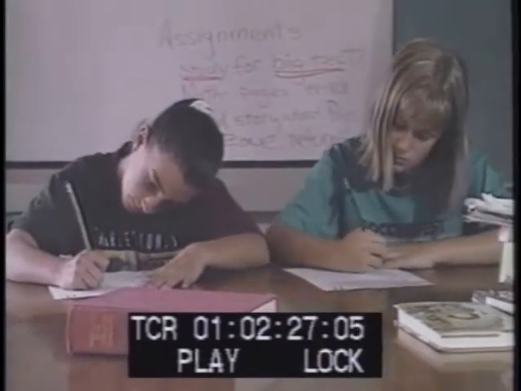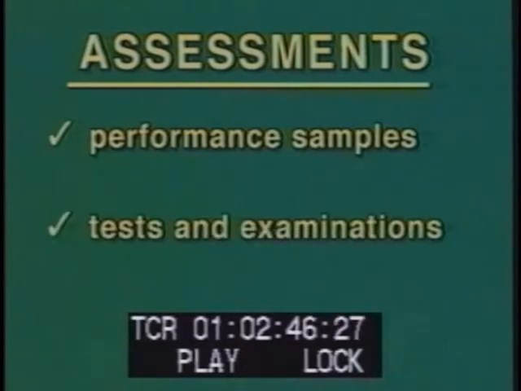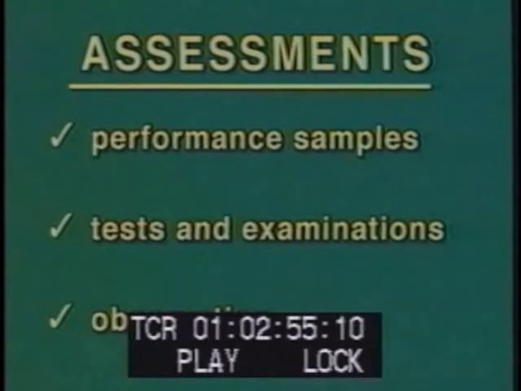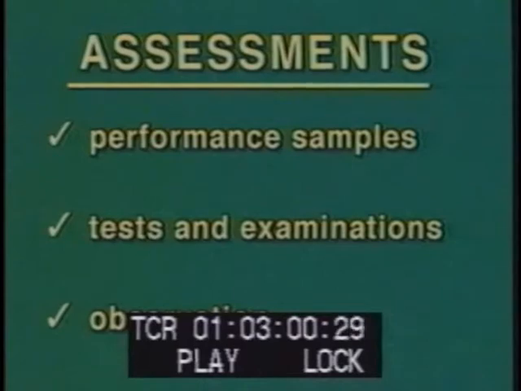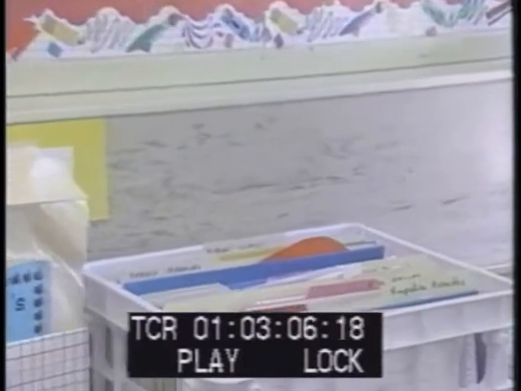A wide variety of assessment techniques are available for teachers to use in evaluating student achievement and effort. Performance samples include art products, media experiments, team and small group projects, self and peer evaluations, research reports, journals, response journals, and audio tapes of readings. Tests and examinations range from multiple choice, essay, short answer, and matching. A third assessment technique is teacher observation, where teachers make anecdotal recordings in the context of class lessons, interviews, checklists, or student journal entries. Many teachers are already implementing performance assessment in their classroom.